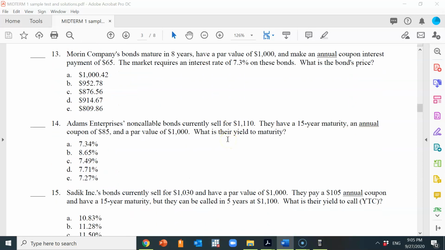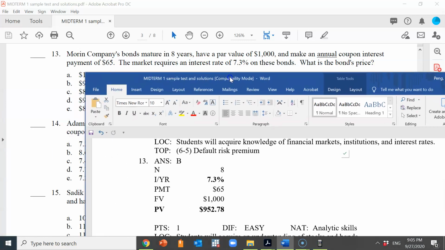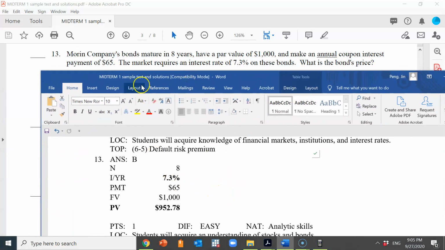Question 13. We have a bond that matures in 8 years with a par value of 1,000, annual coupon interest rate or annual coupon payment of 65. Market requires interest rate of 7.3%. What is bond price? Okay, so for this question, we can just treat this as an annual coupon bond,